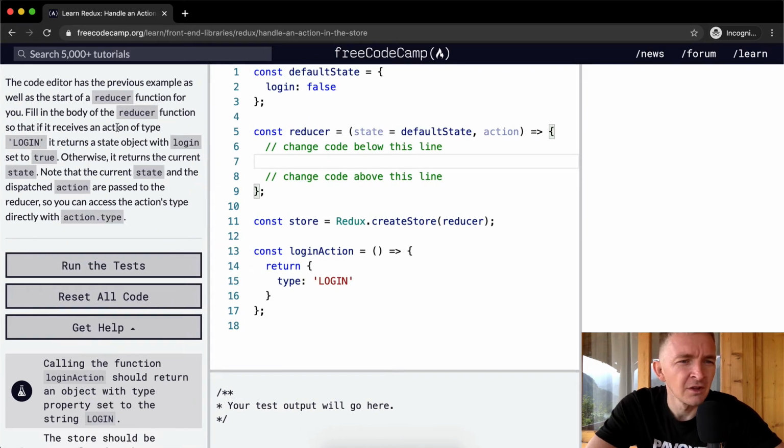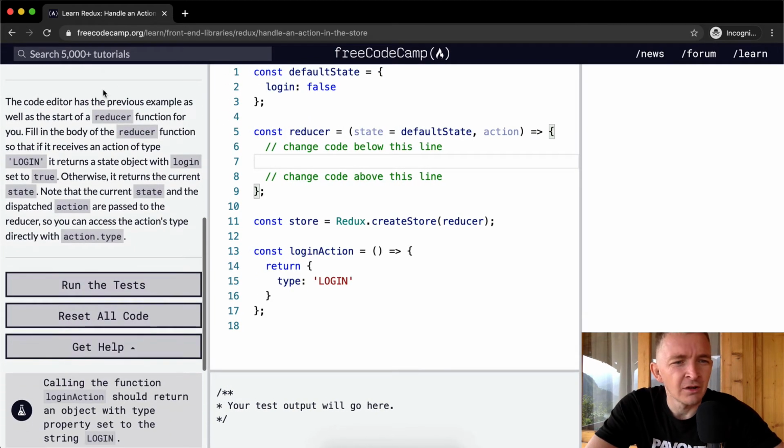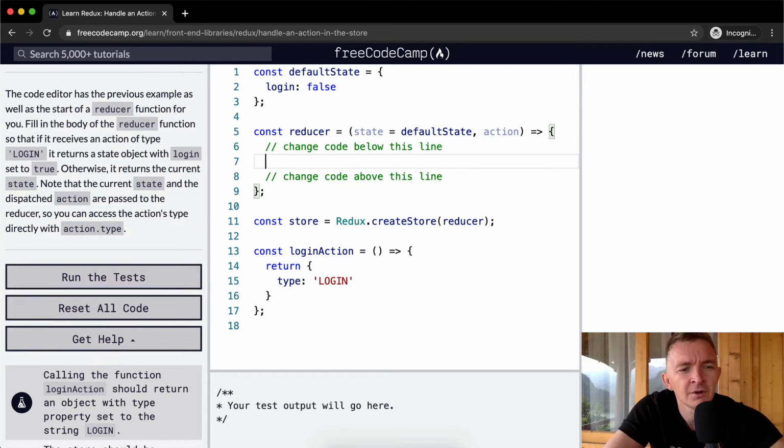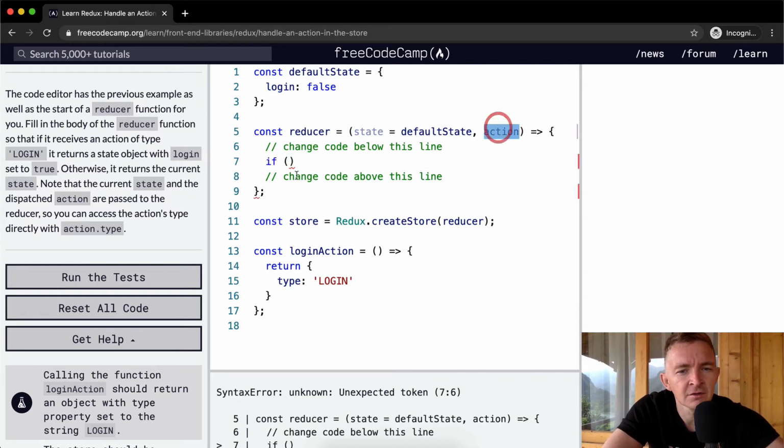So what we want to do is fill in the body of the reducer function so that if it receives an action of type login, if we receive an action.type which is equal to login, and it's important to make this all capitalized,